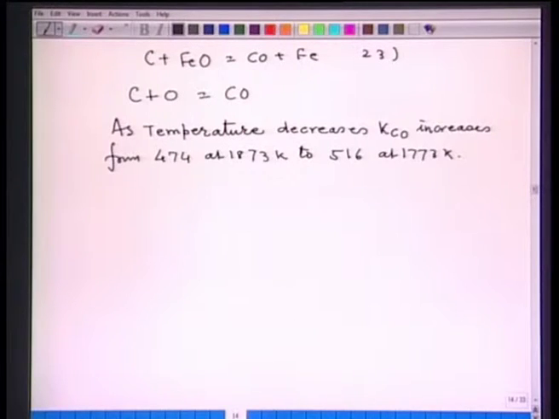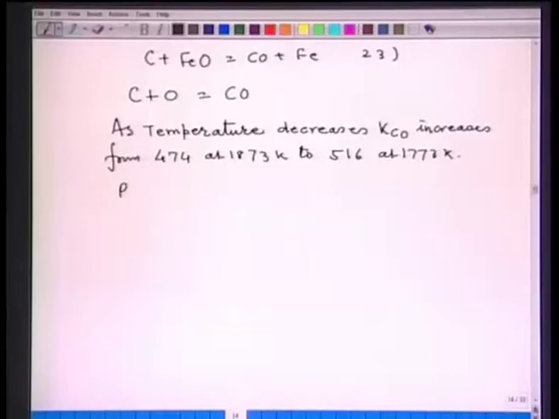So, increase in K will decrease weight percent carbon into weight percent oxygen, as you can note from the equilibrium reaction. What does it mean? If the weight percent carbon and weight percent oxygen decrease with the decrease in temperature, then CO evolution will occur during solidification, because when the steel solidifies, the temperature decreases. On account of decrease in temperature, because of the equilibrium consideration, the carbon monoxide reaction will occur during solidification, and this phenomenon is called rimming reaction.